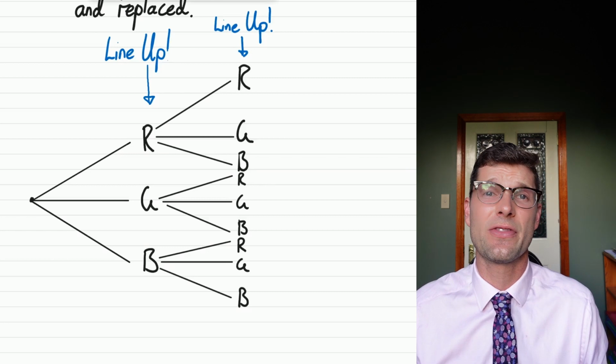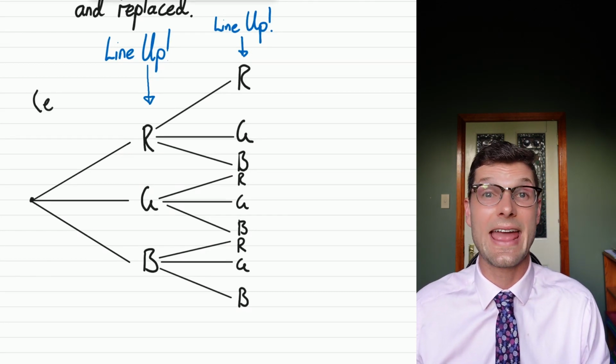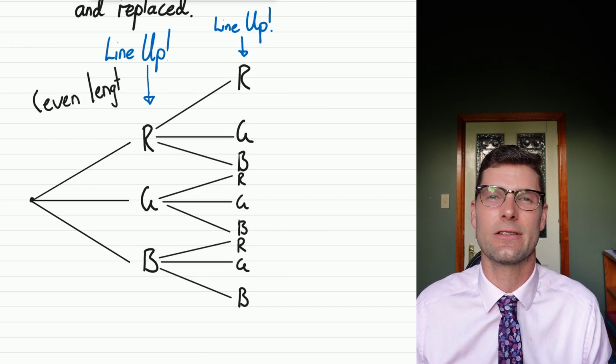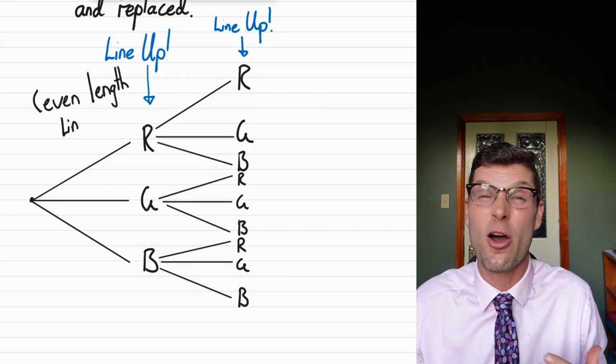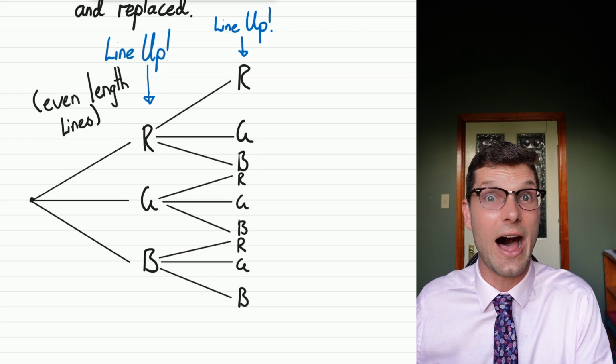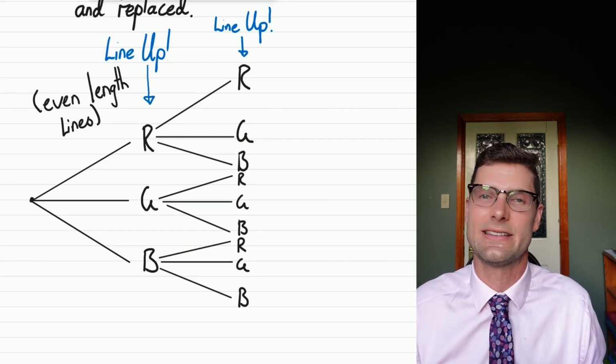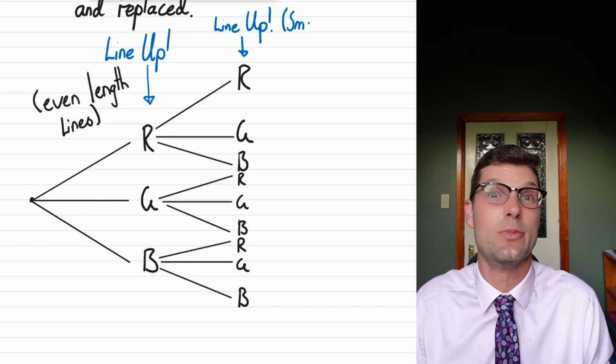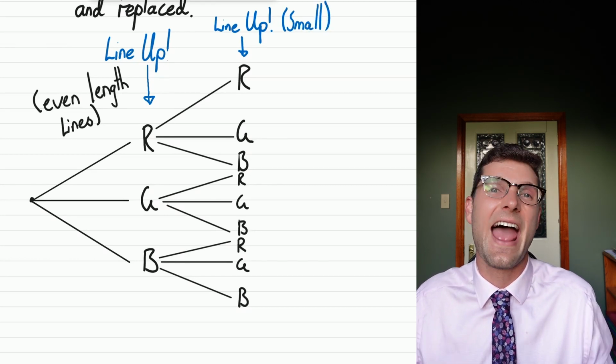Two other things that'll help with this: please try to use even length lines when you draw them. If you can have that in your head as you're drawing the lines, that'll help you out. And I always run into the problem that my last branches, because I've got 9 instead of 3, I kind of run out of space. So if you can just do your writing a little bit smaller, that might help you out